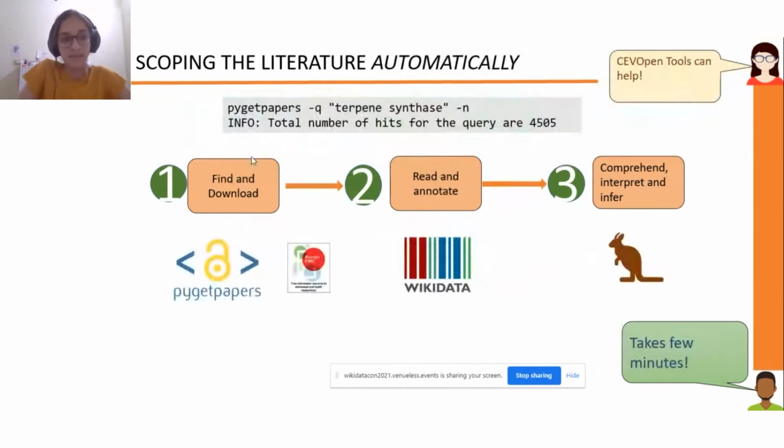So we've been developing tools which can automatically download papers from open repositories like EuroPMC. And we've also developed a toolkit called AMI, which A, creates a dictionary, which is a set of terms from open structured databases like Wikidata, B, uses those terms to automatically annotate the scientific literature, and C, makes inferences based on the annotations that we make. So just as I said,